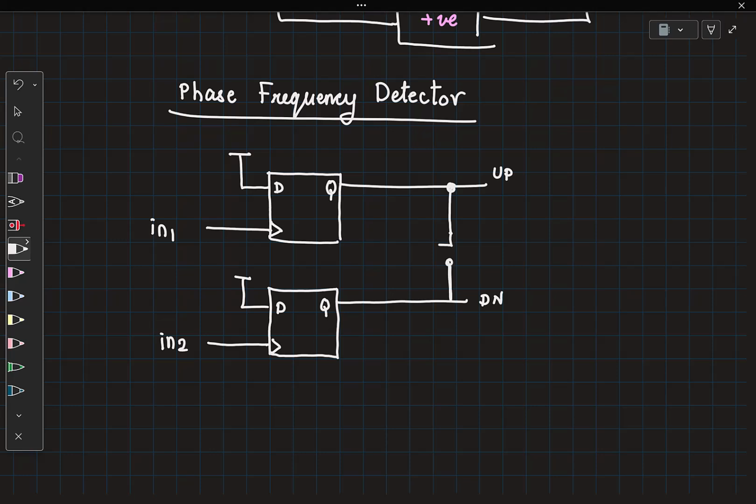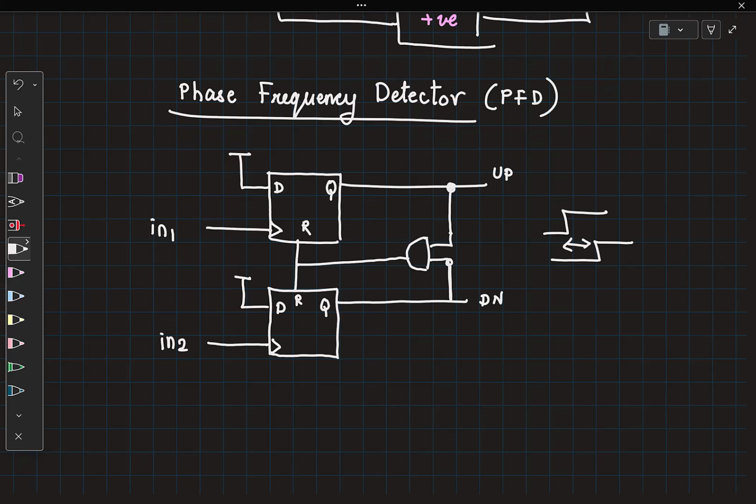When both up and down have gone high, which means the rising edge in in1 has come, the rising edge in in2 has also come, right? The delta t that needs to be measured has already occurred. So after both in1 and in2 have gone high, corresponding to that, both up and down have gone high, I can simply AND these two, generate a reset, and then connect it as the reset signal here. There is no bubble here, it's a direct AND gate. Okay, and this is your PFD or a phase frequency detector. That's it. Such a simple circuit, right?